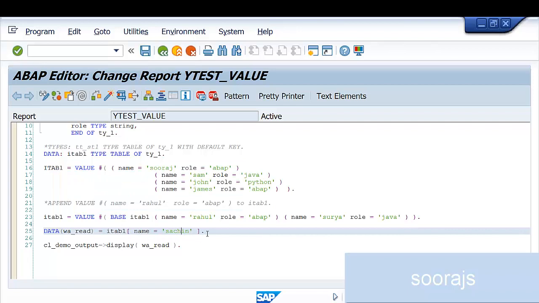You can handle that dump by catching that exception which was thrown. It was showing to you on the screen, right? So that exception you can catch and handle. That is one way. Otherwise, in order to overcome this, you can also make use of the VALUE keyword. And I will say VALUE #.